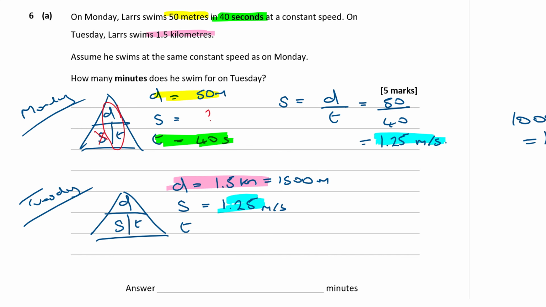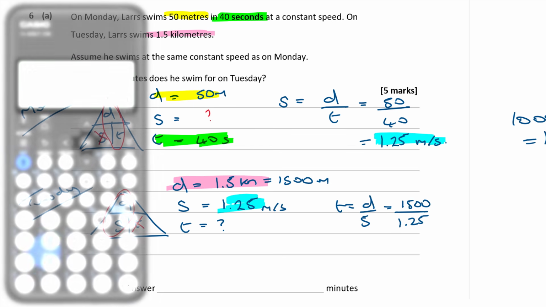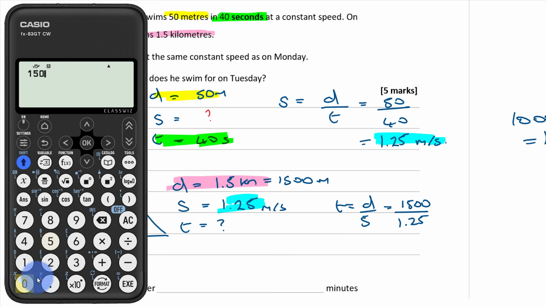Okay, so then I can work out my time from there. So covering up the thing I want to find, time. Time is distance over speed. So time equals distance over speed. And now it's going to be 1,500 divided by 1.25, isn't it? So calculator, what is 1,500 divided by 1.25? Now that comes out to be